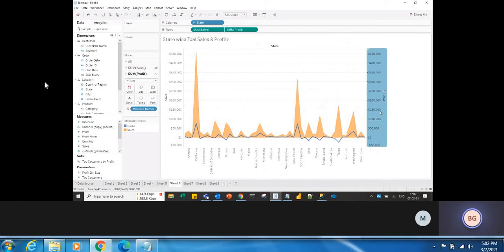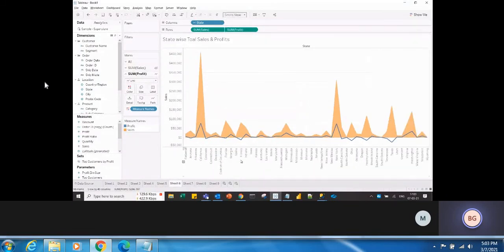Okay, and you can hide it by unchecking the show header, because both the sides it is having same axis, same units, right? Why show that 2 times? So just hide it. So you have a lot of space. So take the entire view. See, this is the synchronized axis that you can show.